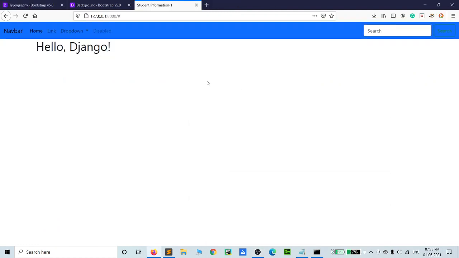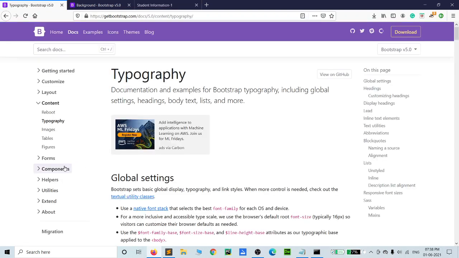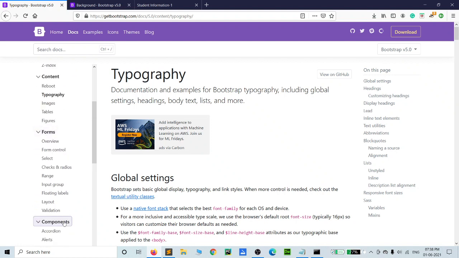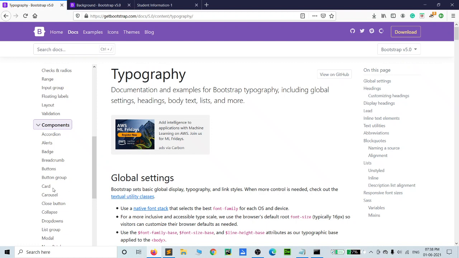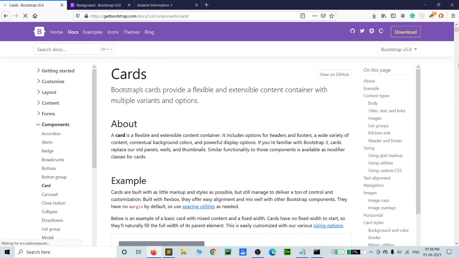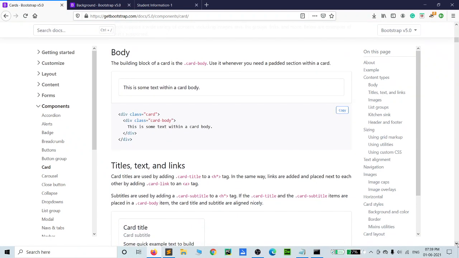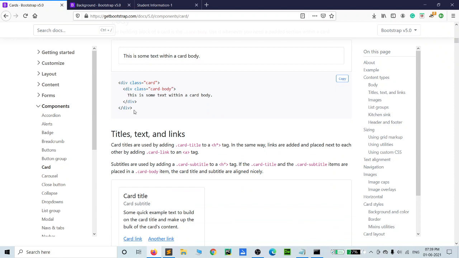Okay, so let us go into background colors and background images or any kind of actions. We can add it in your background files. Suppose I want to customize forms, and we can add the card levels. Suppose I want the card in my background images. So this is your card type. You can add the card subtitle and one more else.